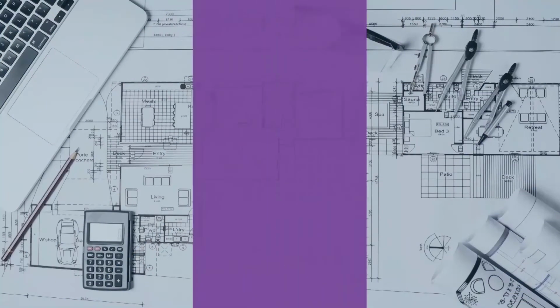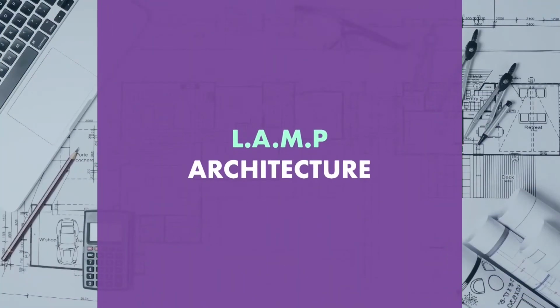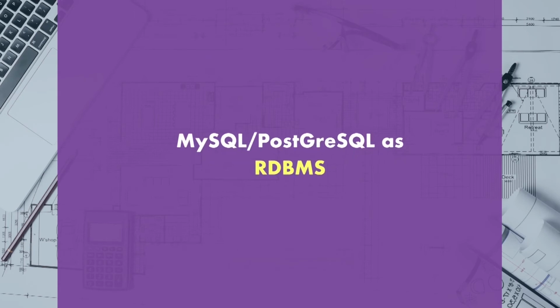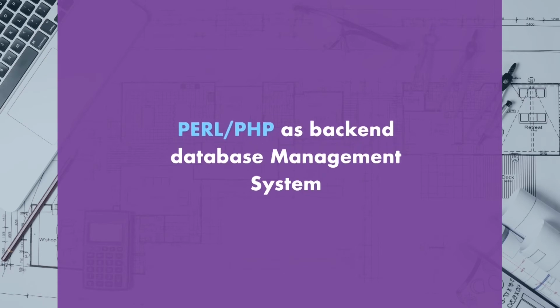But in the case of library and information centers, LAMP architecture is very important. Most of our application software, what we normally utilize in our library services, for example library automation software and different kinds of e-learning software, are mostly based on LAMP architecture. What does it mean? This LAMP stands for any flavor of Linux as operating system, Apache as web server, MySQL, MariaDB or PostgreSQL as backend RDBMS, relational database management system, and Perl, PHP, JSP, etc. as programming environment.